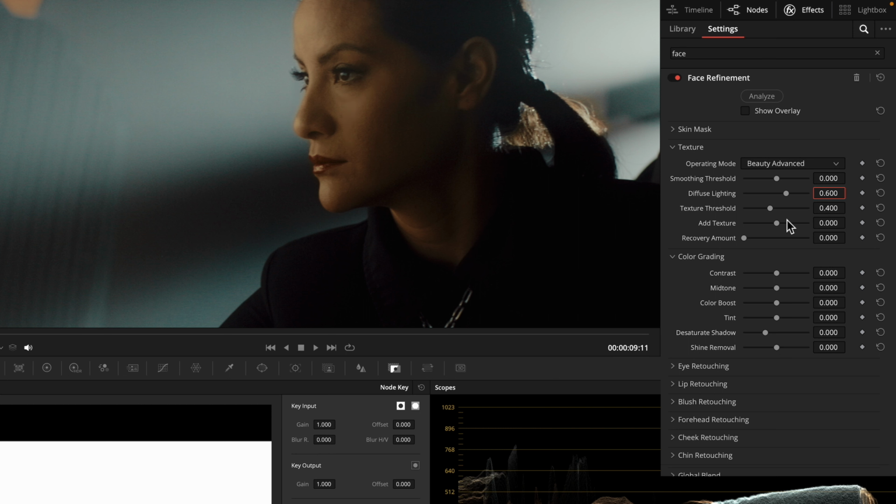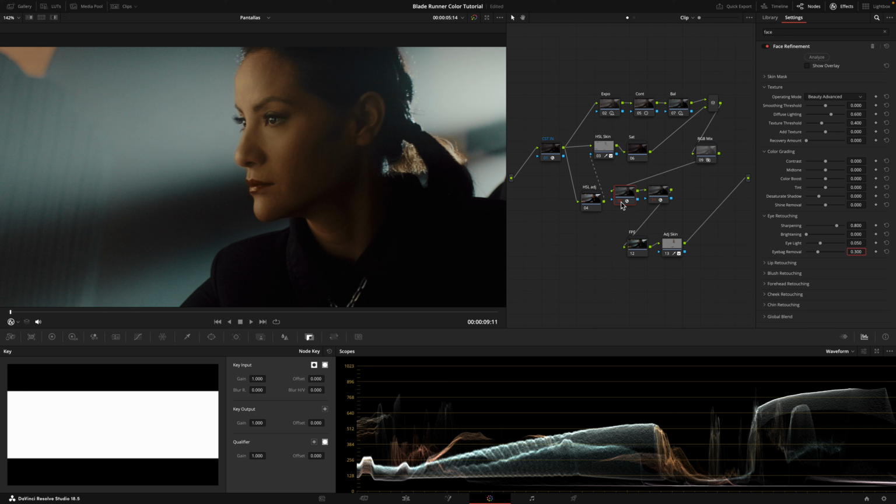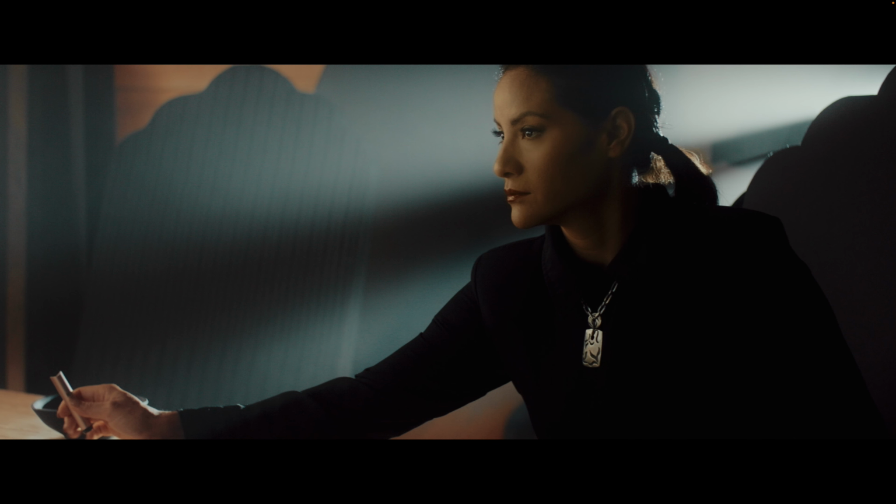Diffuse lighting 0.6, eye sharpening 0.8, eye light 0.05, and eye bag removal 0.3. Off, on.